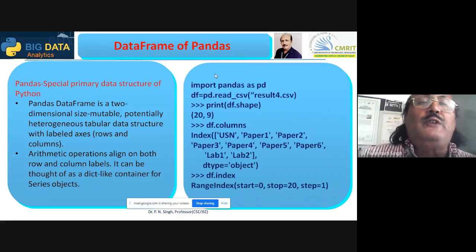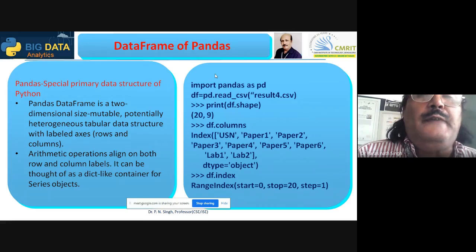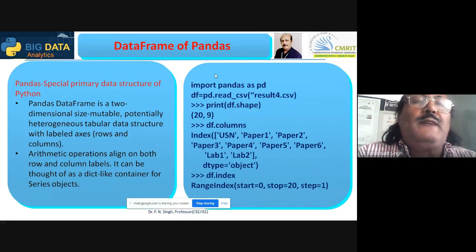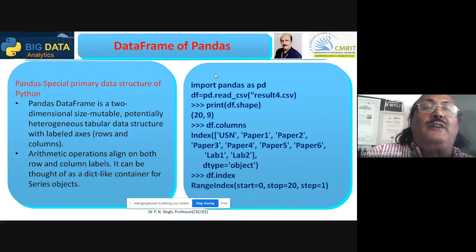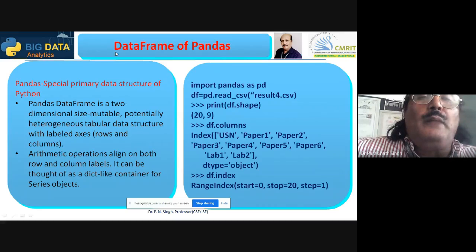So df.shape, df is the name for the data frame, meaning it represents the pandas. You can directly write it here with pandas as well.